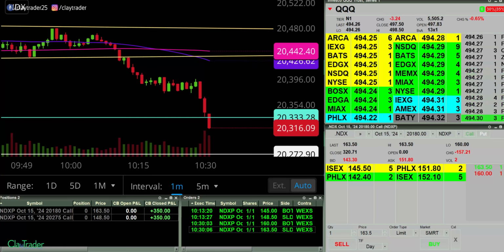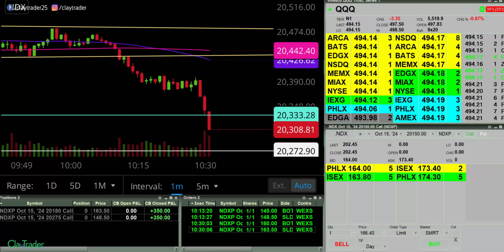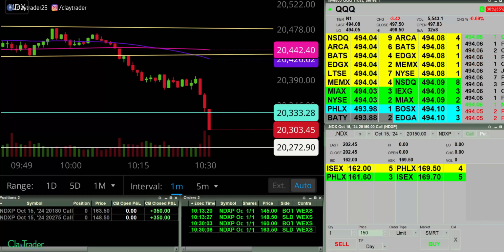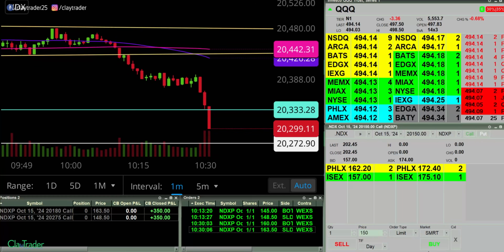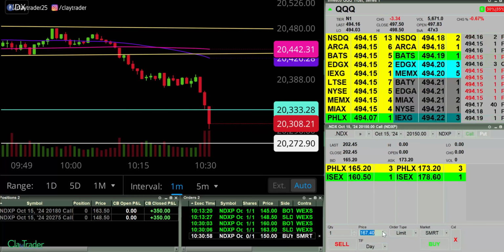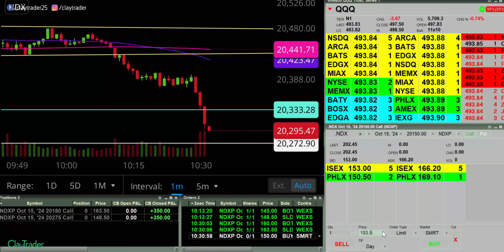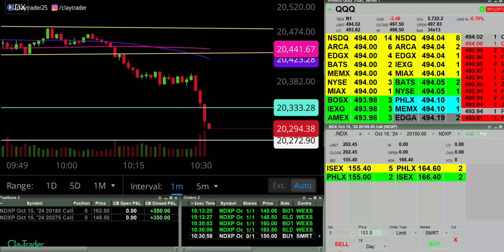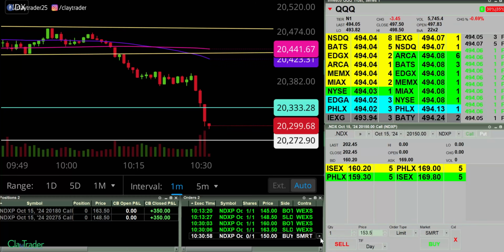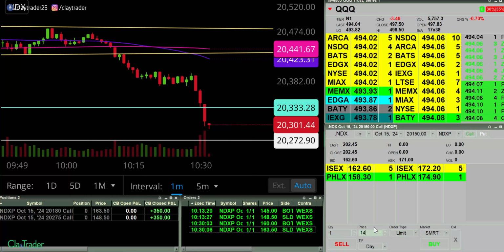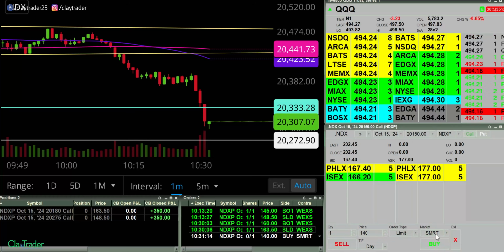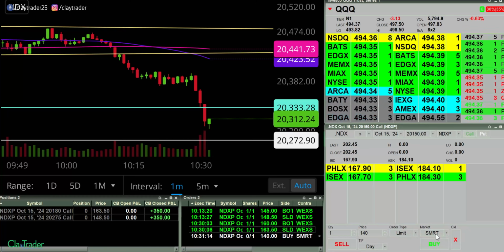Let's see. I want to be extra conservative on things though. So let's go to 150 here. And let's see. Double checking at 150. That was the move I wanted there, so let's go to 140 now. And I'm being extra conservative, extra greedy on these entry points because if I don't get filled, oh well, I'm